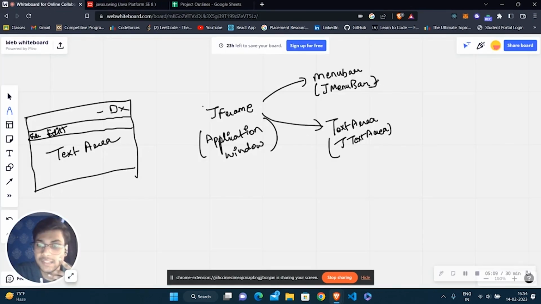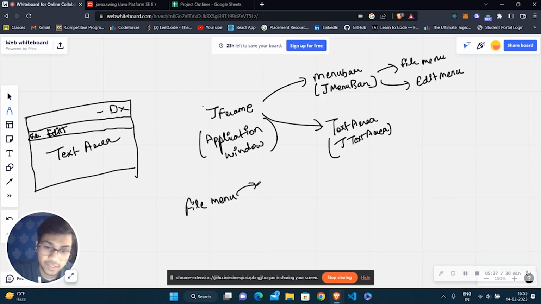Now inside this menu bar, there are going to be two menus. The first one is going to be the file menu, and the second one is going to be the edit menu. You can see this file menu is having three functions.